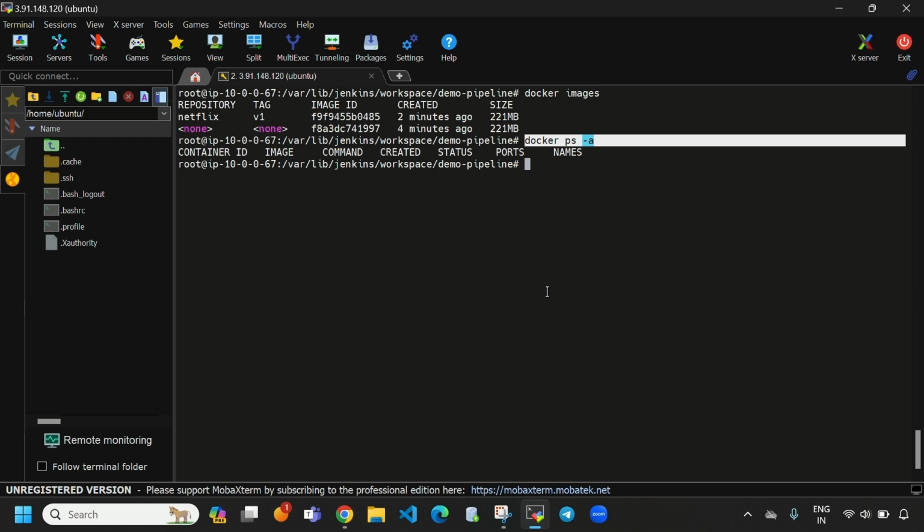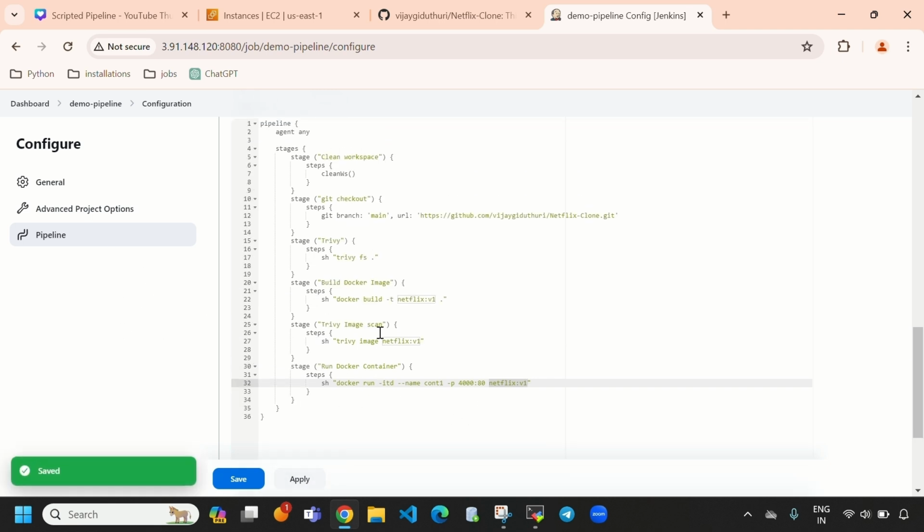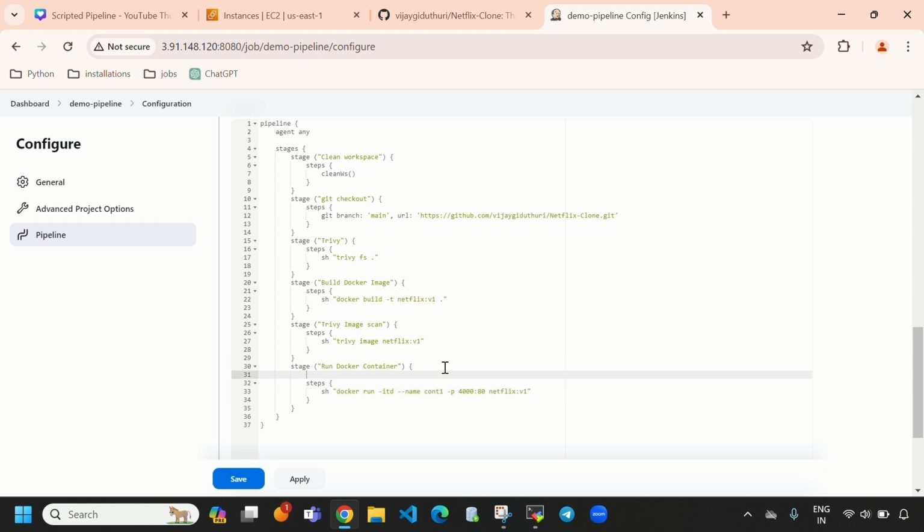So here again I'm showing you when I hit docker ps -a, we don't have even one Docker container. So when I come here and select apply and select build now, the Docker container will be created. So before building this Docker container, let's do one thing. Let's pause our pipeline at this stage, the Docker container stage. Let's stop our container. So I will come here and I will pass input,